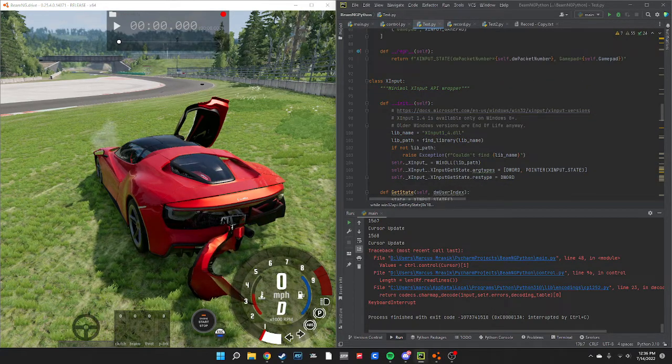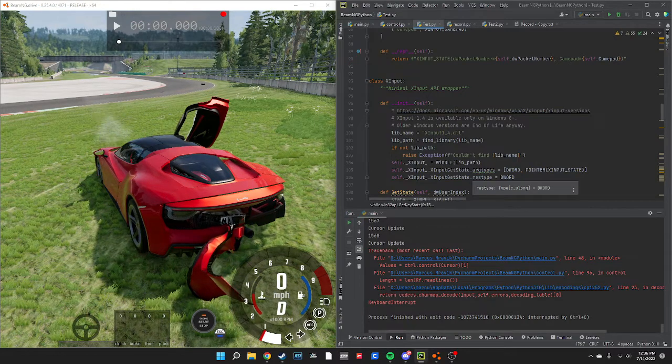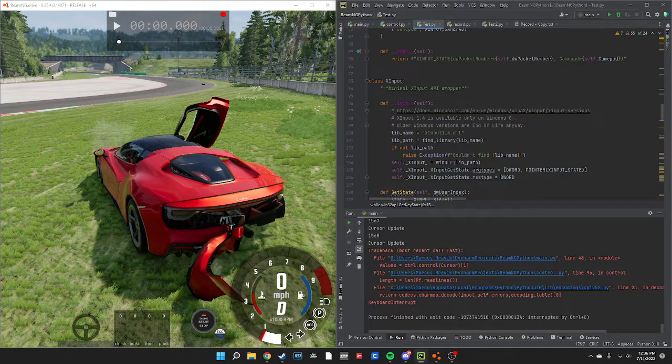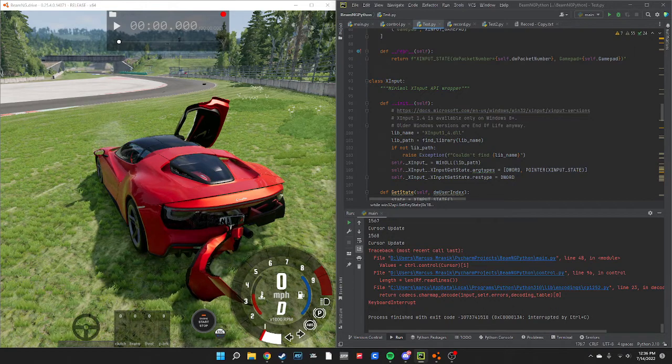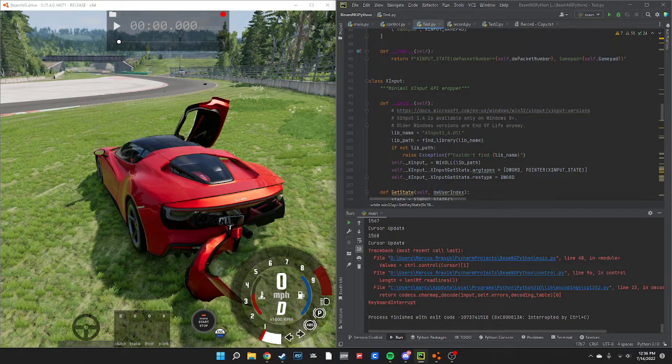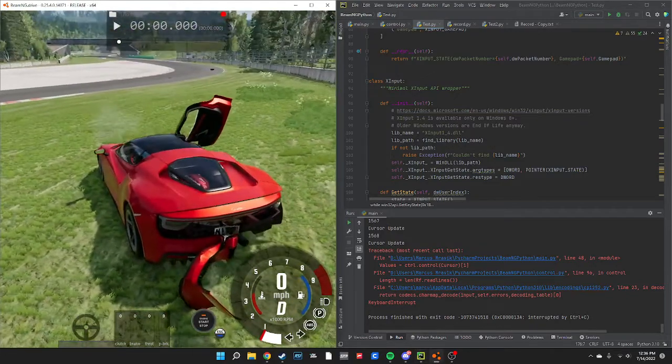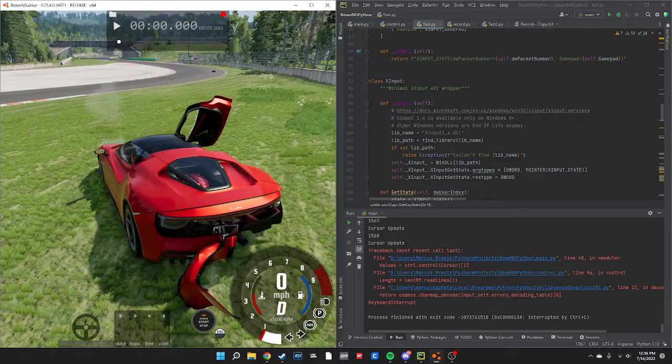The test program works relatively okay. There is kind of a delay between the control that the first car gets and the control that the second car gets, because the second car's control is going through this program and then back to BeamNG. So there's going to be a bit of a delay there, which causes problems over time. That's what I'm working on mitigating.